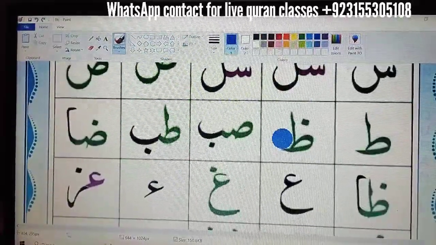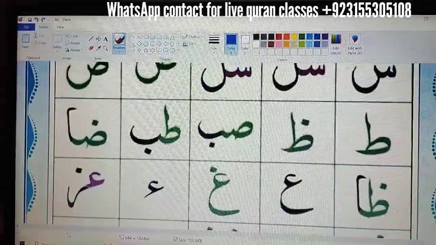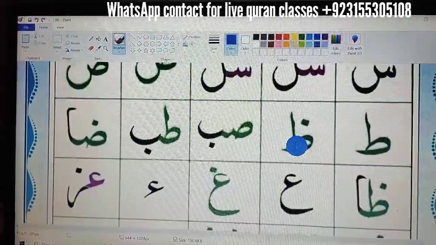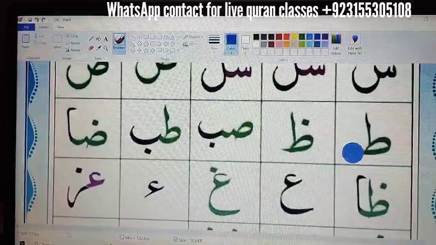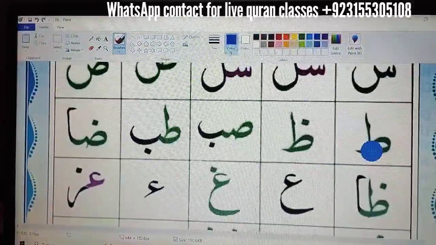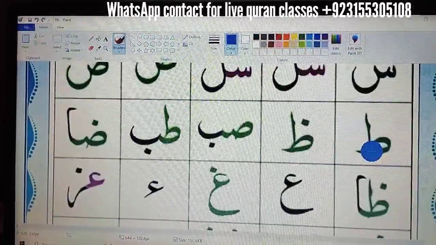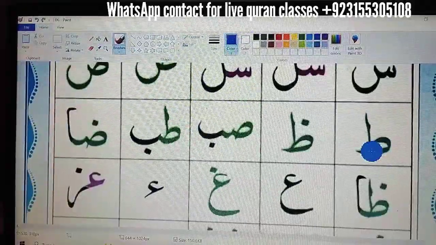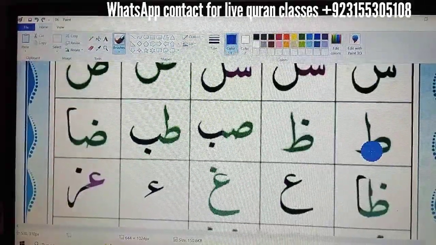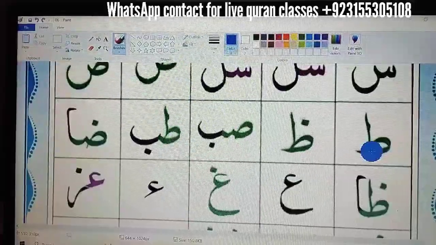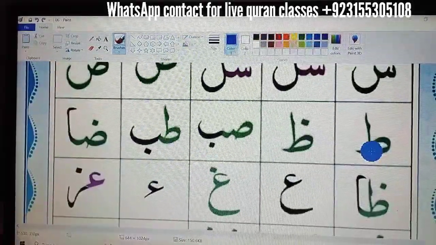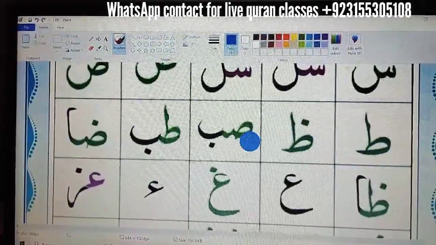Okay, next one. This one is the za, and the shape is same. Here again, this is ta and za. The difference between these two is the voice is different, and ta is empty. Za has one dot at the top of the letter. This is the difference between these two letters. Next one is